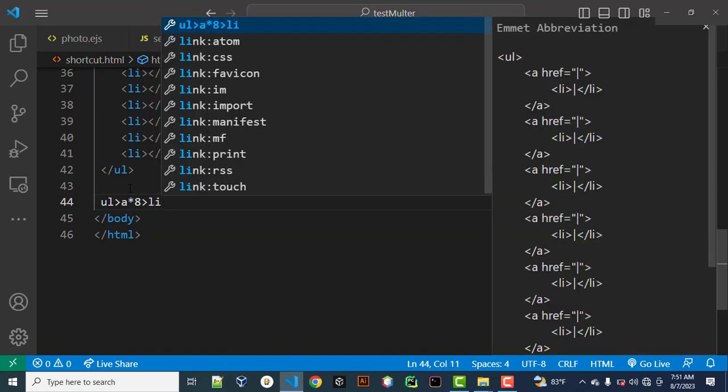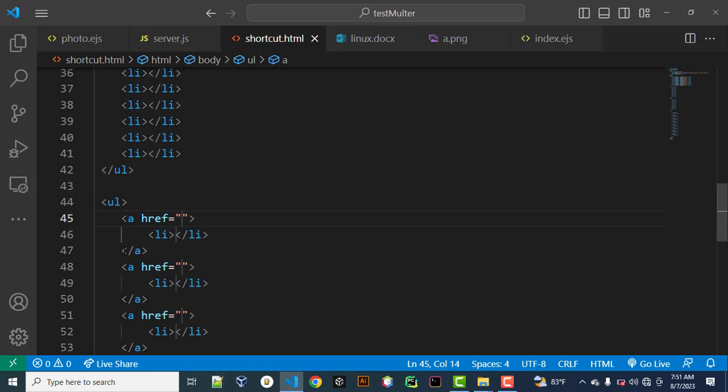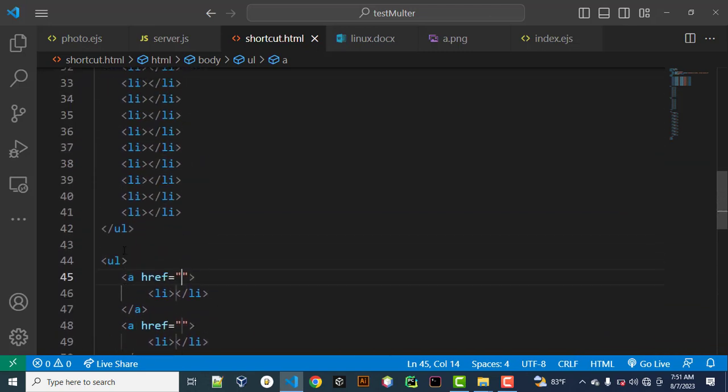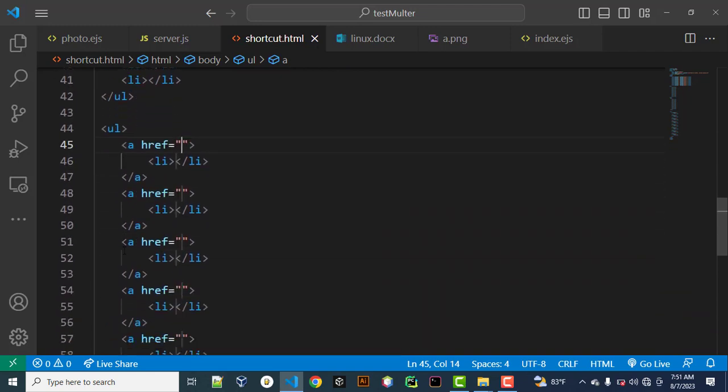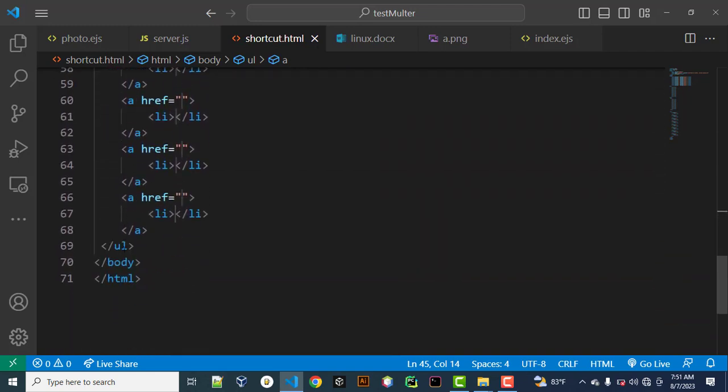Now there you go, I have 10 anchor tags, and inside those anchor tags I have li, which stands for list item. Now you know how to nest elements by using shortcuts. So you're not gonna spend a lot of time typing anymore, because I just taught you a lot of shortcuts